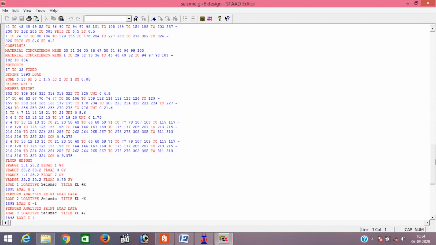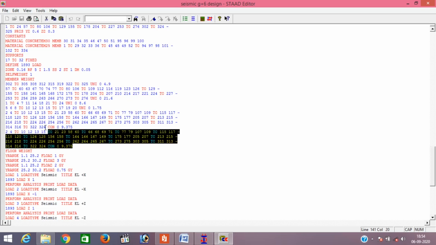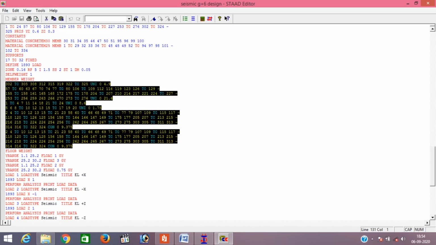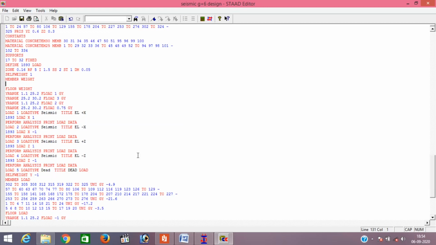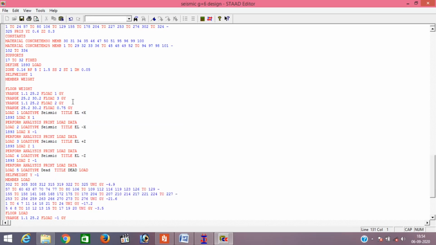And again see here. After copying our data, some changes will show here. So firstly we remove these changes. Just delete this. Okay, then again select the member load properly, because if we do not select this properly, it will show an error again.